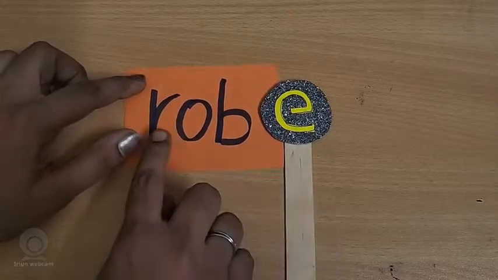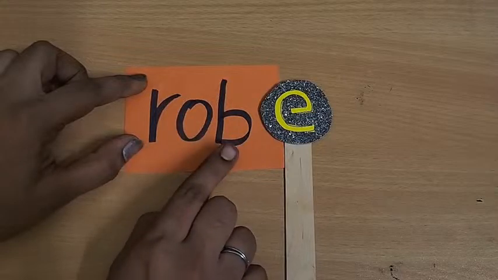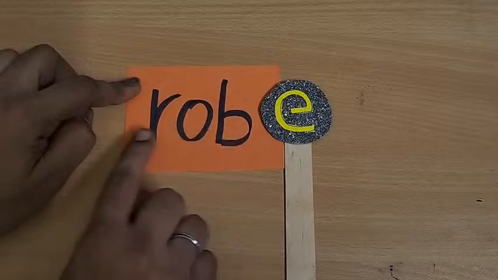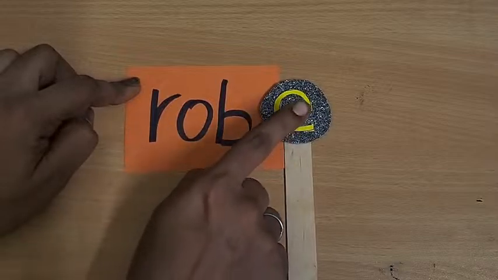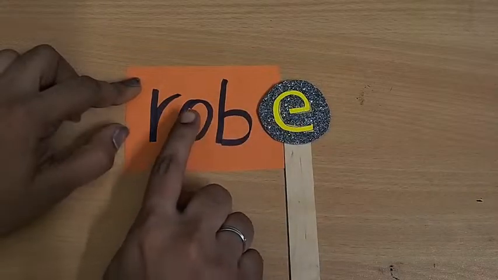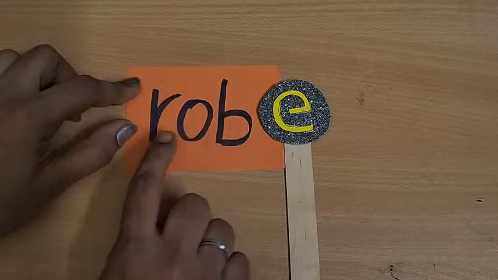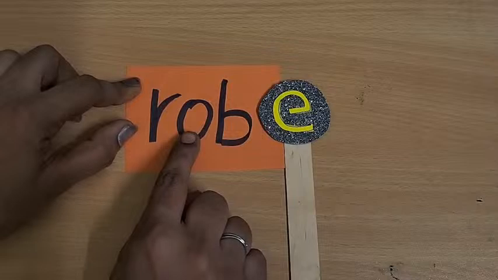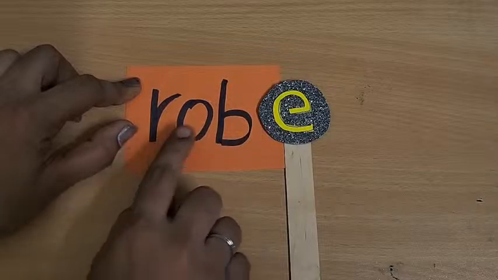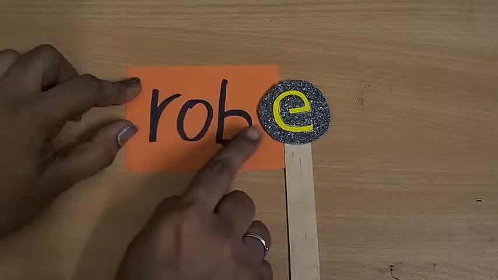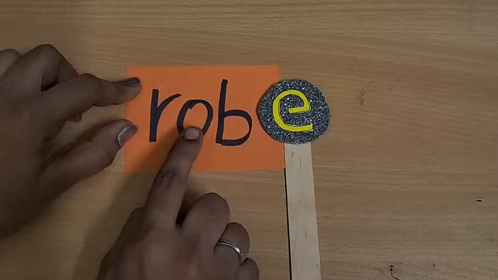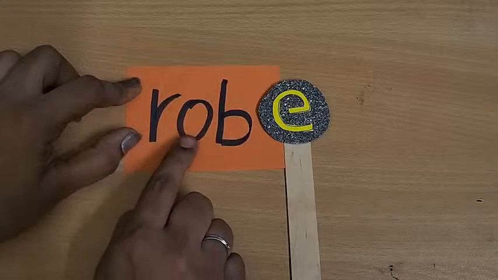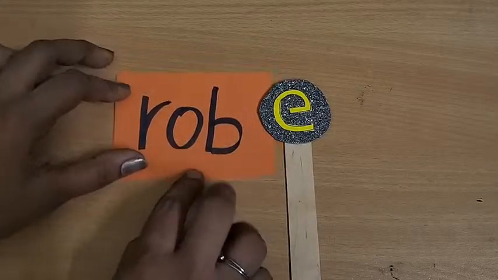rob. R, O, B. If it is a three-letter word, you have to pronounce this word as rob. If I add E at the end, it becomes silent and the inner vowel says its name sound. R, O, B, robe. You have to say the vowel sound longer. E becomes silent and you have to make the vowel sound longer. You have to say its original name sound. R, O, B, robe. The next word,